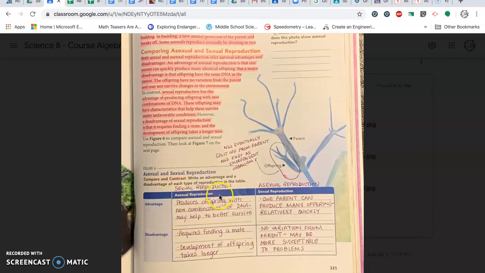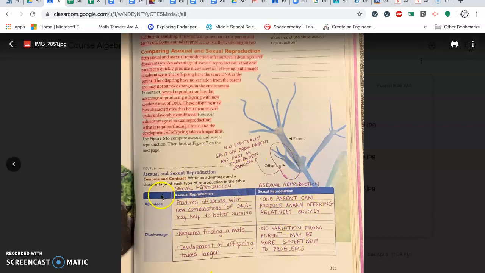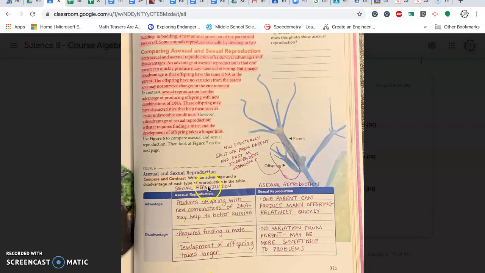Down here, oh, and I forgot to do this. I totally messed this up. In fact, I'll repost this picture. I started listing the advantages and disadvantages of sexual reproduction here before I realized it was actually the asexual column. And so I ended up having to put asexual over here. So I will repost this picture. I was going to put a black marker over these so you see. But you can read these as to what the advantages and disadvantages are. Basically, for sexual reproduction, the advantage is you're going